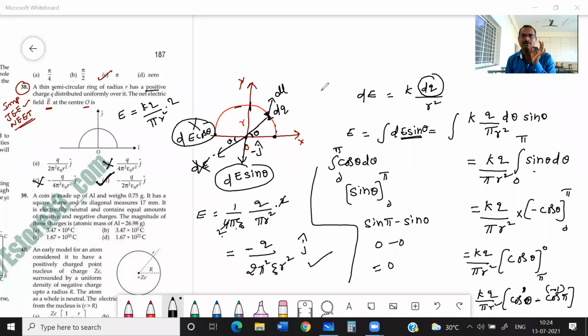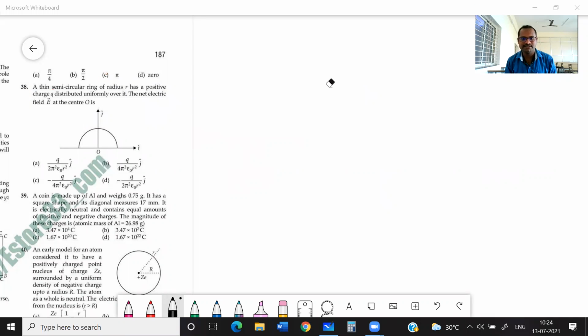Or a simple formula is there. I hope you will understand that formula. I'll give you that formula also. See, students, for a line charge at a distance of r, which is having a length L, a charge q is present on this rod. What will be the electric field here? Electric field is lambda by 2 pi epsilon naught into r, as you know.